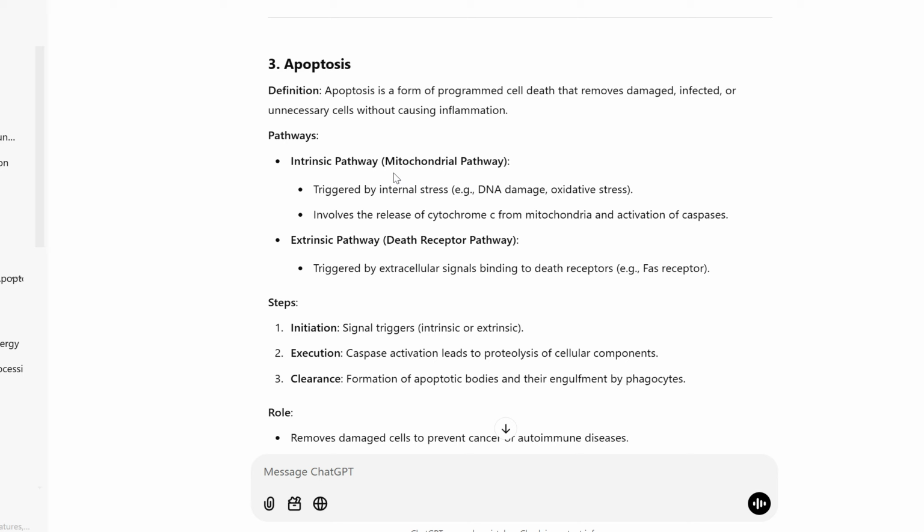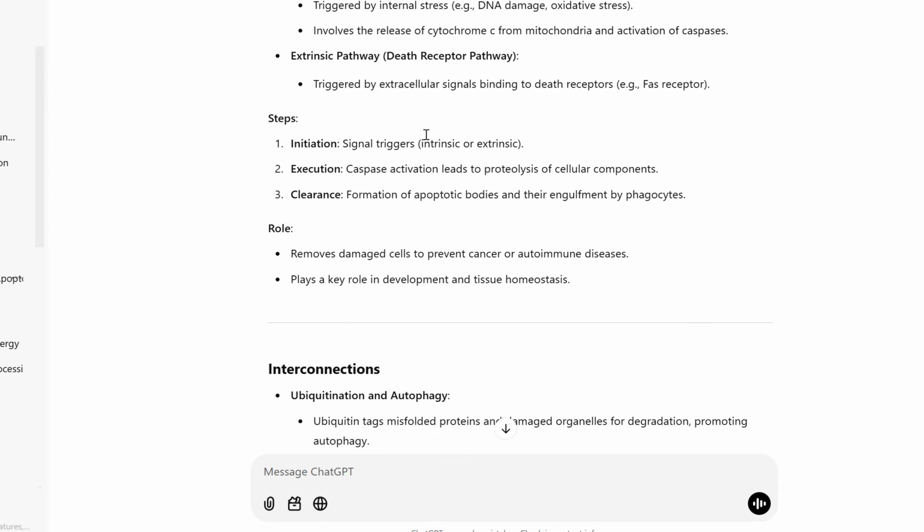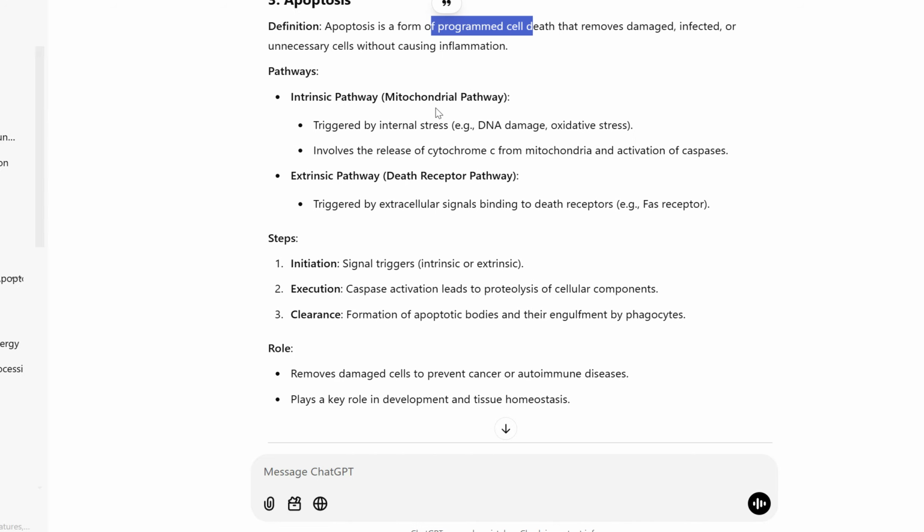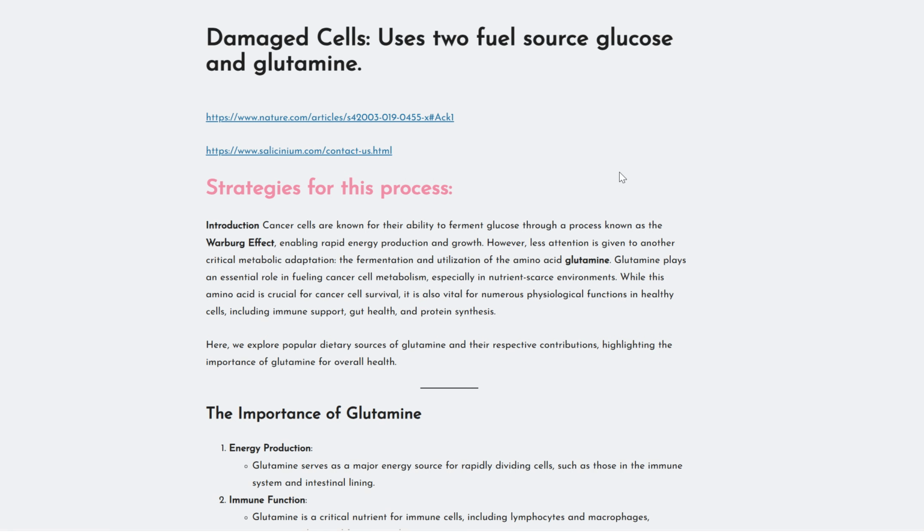Because the intracellular space is loaded with a whole set of stuff. And so the only thing we could do at this point in time is help the body do some programmed cell death that is internal, but let's help the body do this through fasting. If we go to the point of fasting, what we would do is really stop everything from happening. We would stop the mitochondria from getting glucose. We would stop the mitochondria from getting glutamine, because remember the damaged cell is now